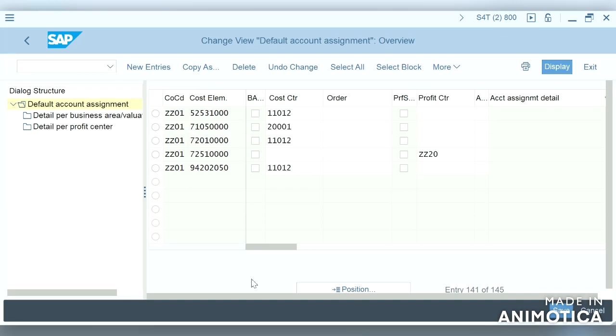All the cost elements available in ECC will be created as GL accounts in S4 HANA, and the data already created as default account assignments in cost elements will be updated or configured in OKB9 in S4 HANA. That's how the conversion happens from ECC to S4 HANA.